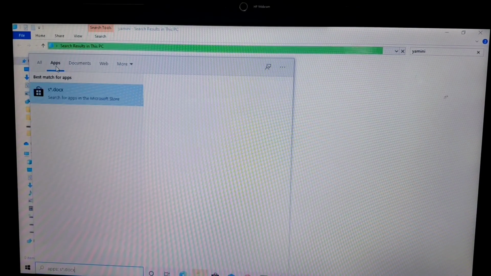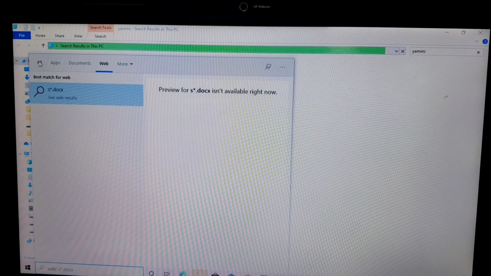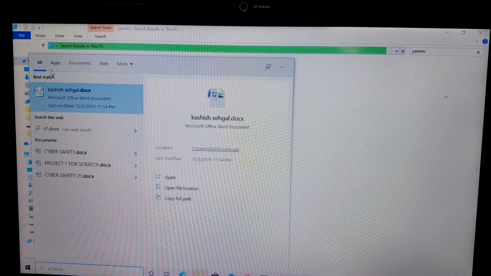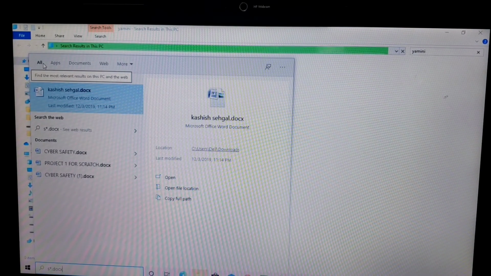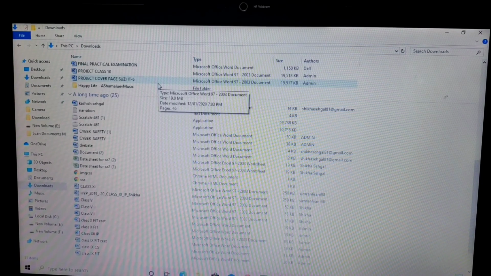Wherever you want to search, you can mention from the top, and if you don't know, you can simply write all. So that is entirely up to you. Make your search very precise, very short, and you are able to get all the things which are available in any folder on your computer.